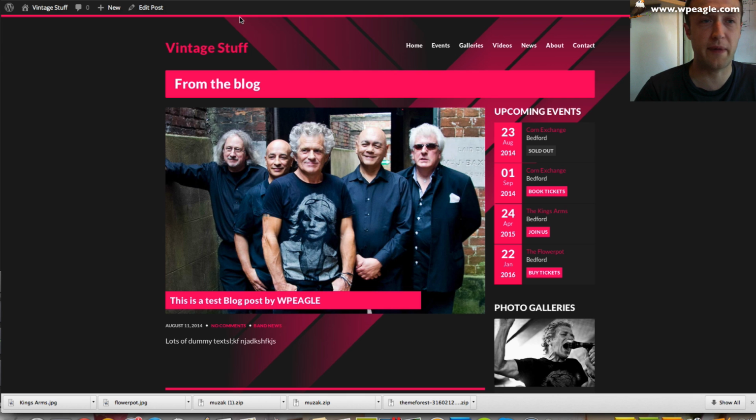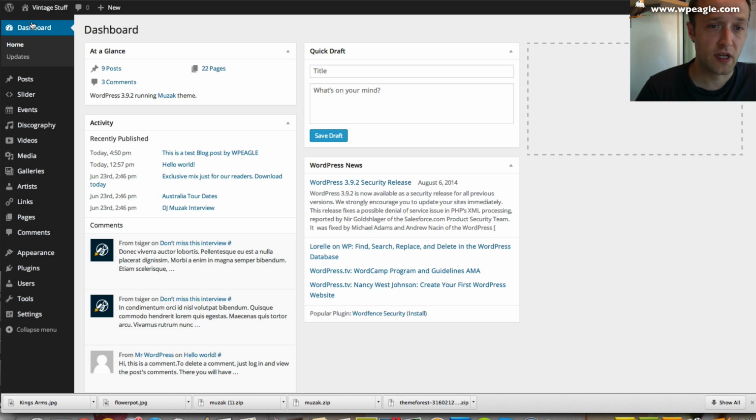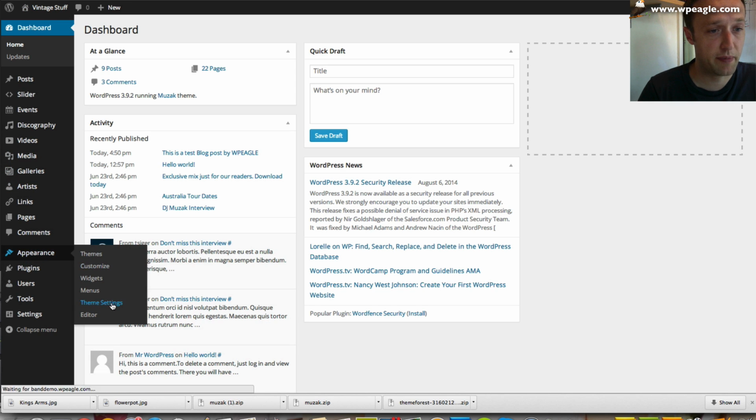Yeah. So while I mentioned it, let's go and have a look at colors. So we're going to go back to the dashboard. Now this theme comes with a number of different styles, but obviously you can change the colours as much as you want. It's really down to you. So I'm going to go to Appearance, Theme Settings,